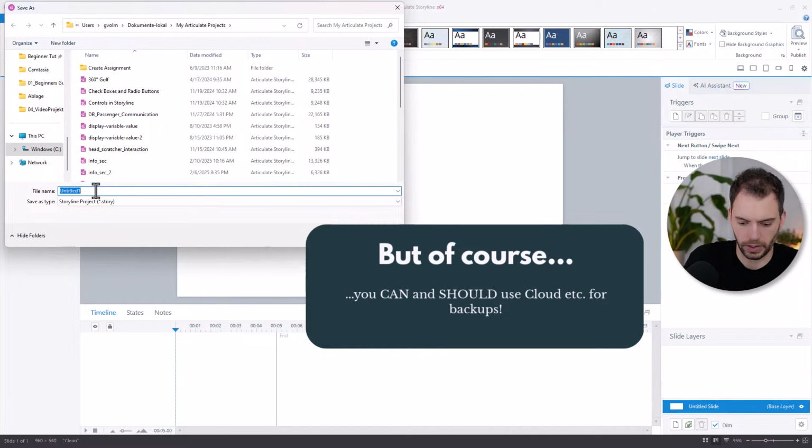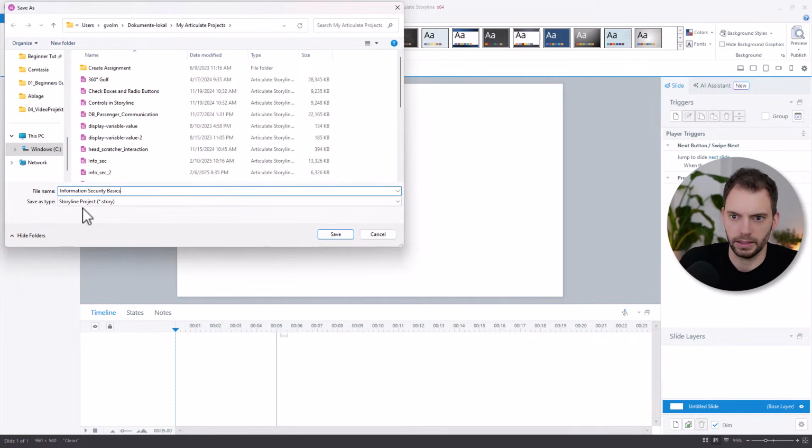I will call it Information Security Basics. And then one last look at the file type. This is a Storyline project or story file. This is our source file. It contains everything we need to publish this course and make changes to the course. So it's our development file, you could also say. Okay, so let's click on save